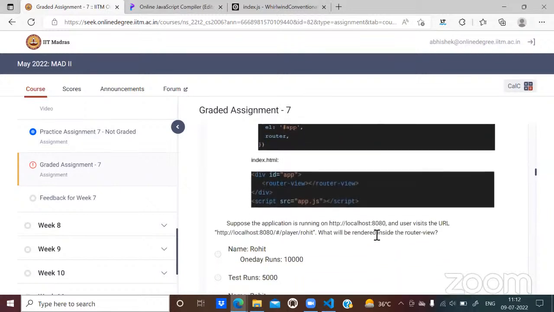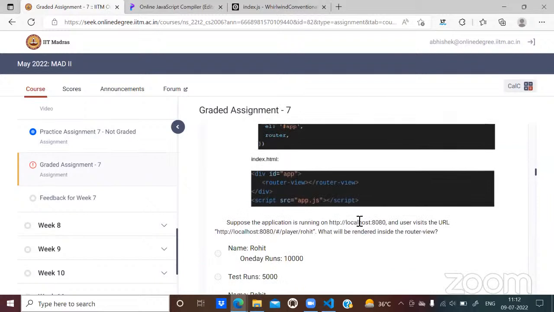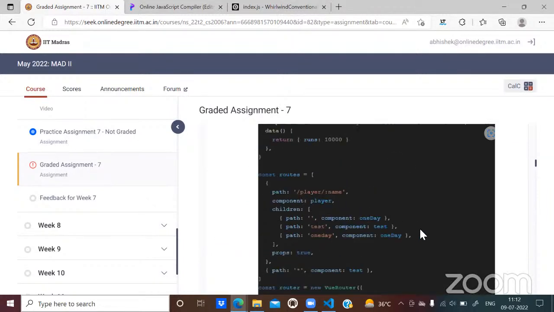Correct. For the URL player Rohit given in this question, yes, it will come to this. After Rohit, if one specifies either test or one day, specifying one day will be explicitly asking for one day, which would otherwise have been the default output.